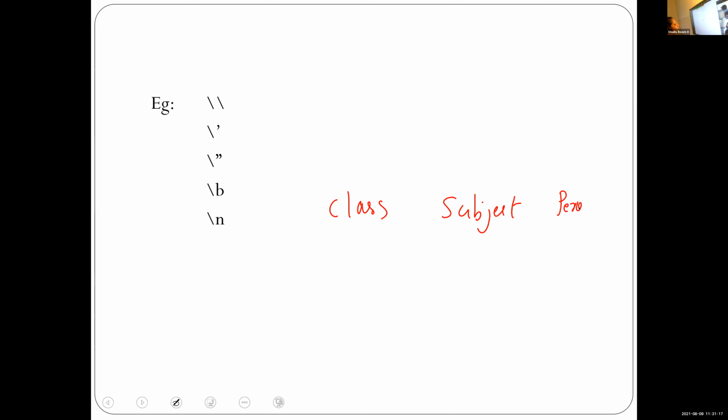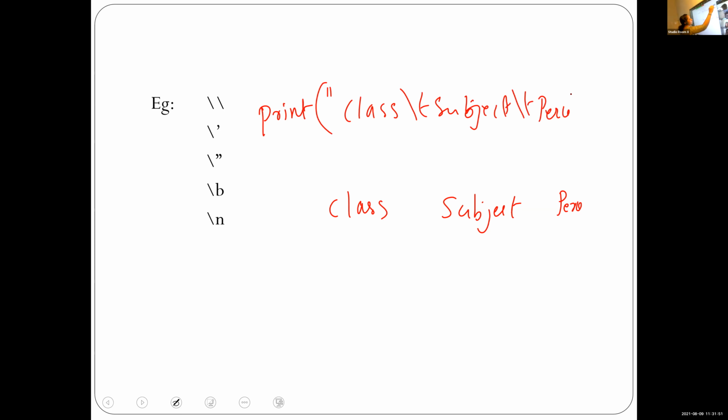PERC is the percentage column. Joel, read the print statement. Print, bracket, double quote class slash t subject slash t percentage double quotes, bracket close.